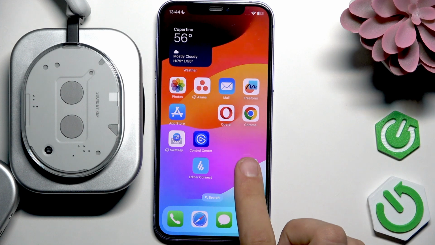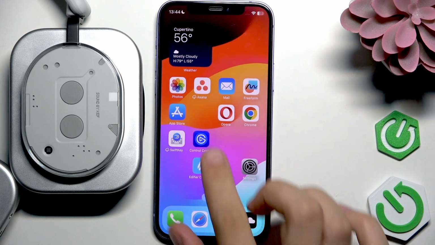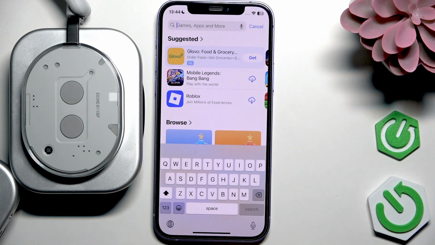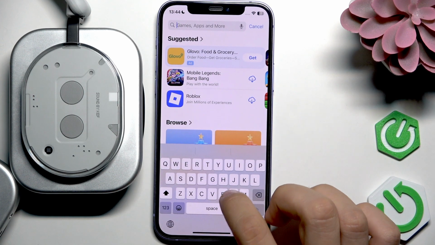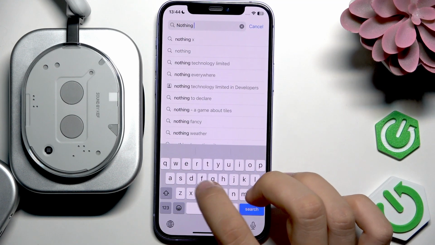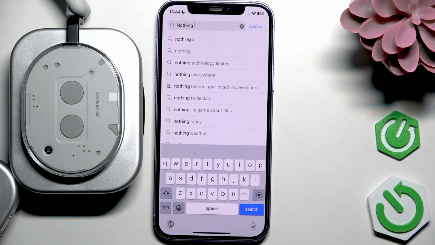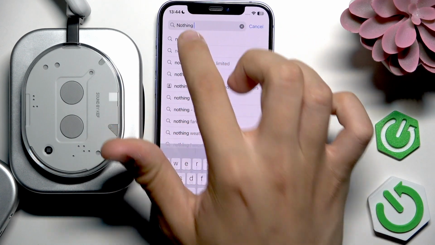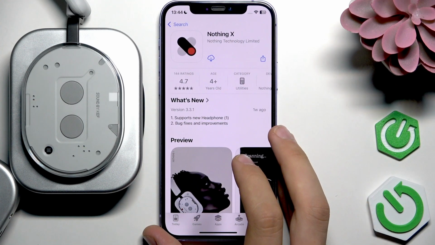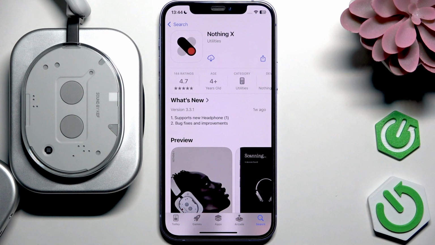So first we need to go not to settings, we have to go to App Store, and here we have to go into search. In the search bar we have to search for the Nothing X. Now search. Wait a moment. Search. Here, as you can see, we have this application, Nothing X from Nothing Technology Limited, and here we have